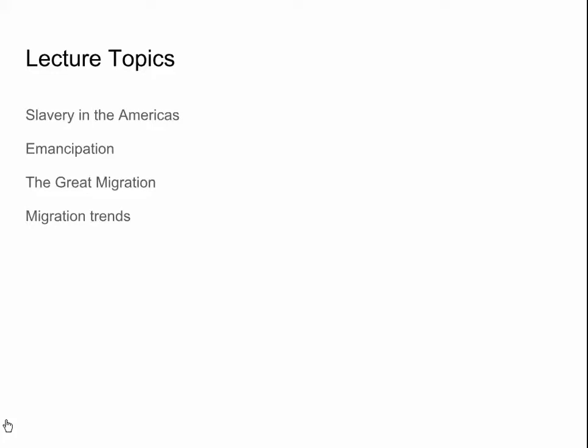The slave trade was largely introduced into the Americas by the Portuguese, although the Spanish and the British all got into the economy and dramatically influenced both the decimation of West African populations and the replacement of the genocide of Amerindians by a slave labor population of Africans. So we're going to talk a little bit about slavery in the Americas,